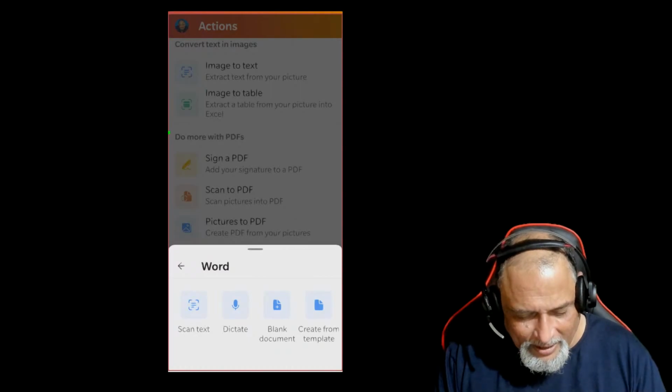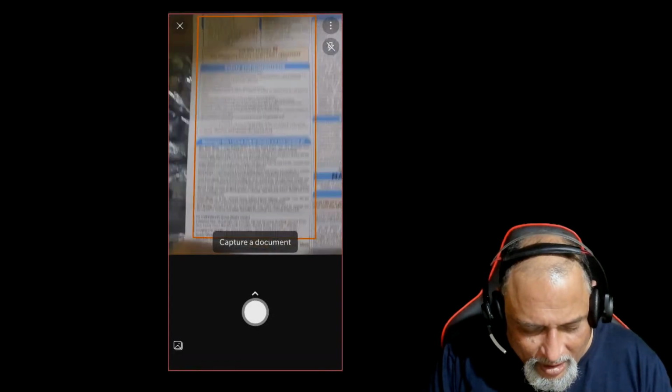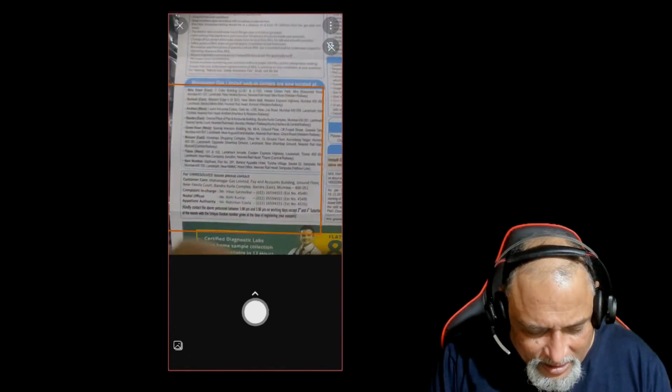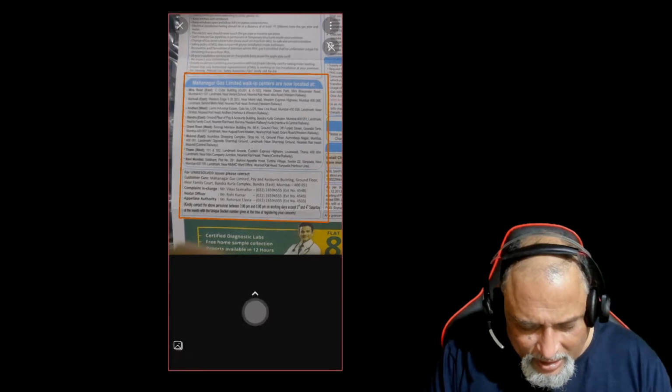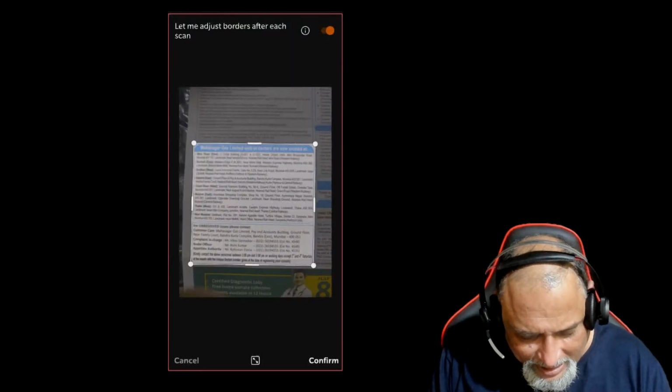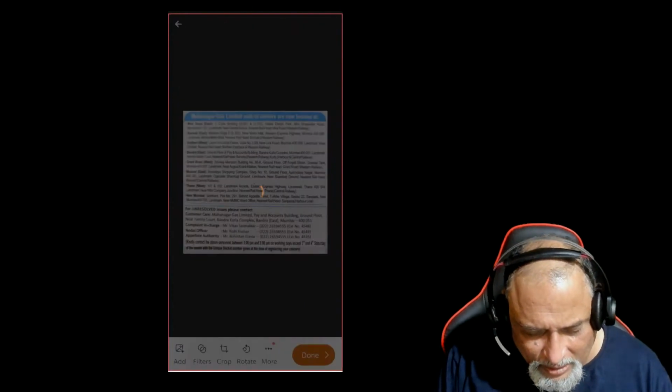So I have scan, and now it will start my camera. I just take a photograph of something. It's just a Mahanagar Gas bill. I take a photo. You can crop it and all that. Say confirm. You look at it. Say done. And now this is going to get